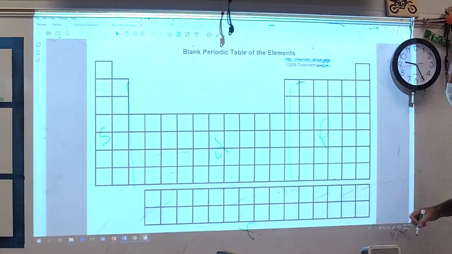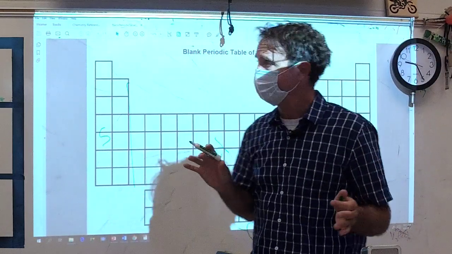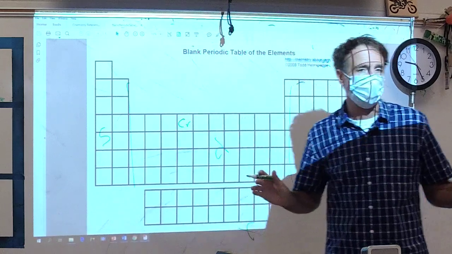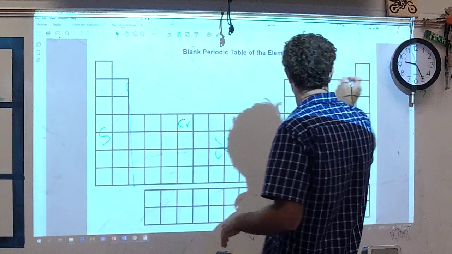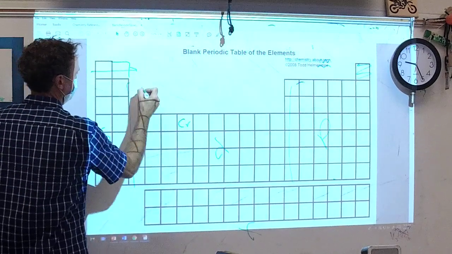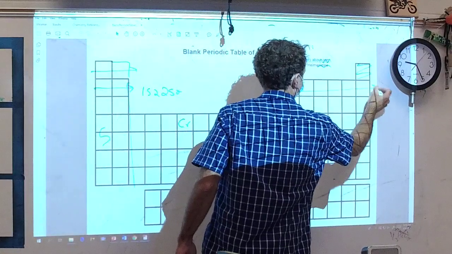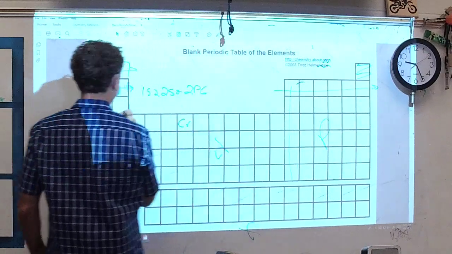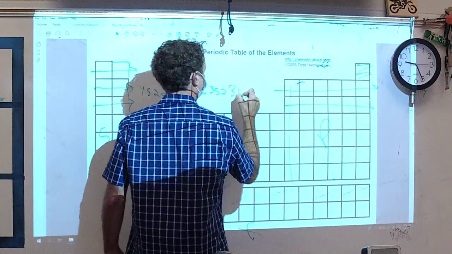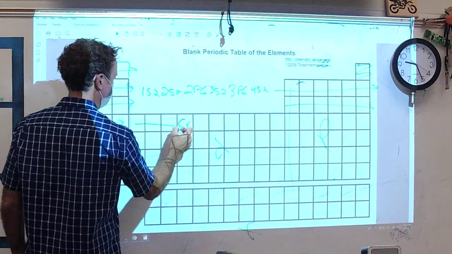All right, so let's make an Outbound sequence. Let's write an Outbound sequence for chromium. Right here, okay? And I know you already know how to do this, so I'm going to do it very quickly. Remember, we like for helium to sit right here to make this happen. All right, so boom, 1s2, boom, 2s2, boom, 2p6, boom, 3s2, boom, 3p6, boom, 4s2, brap,